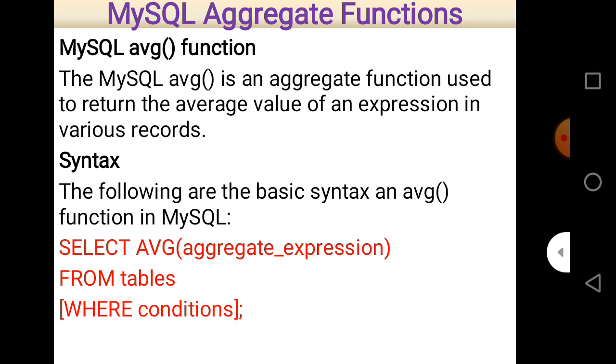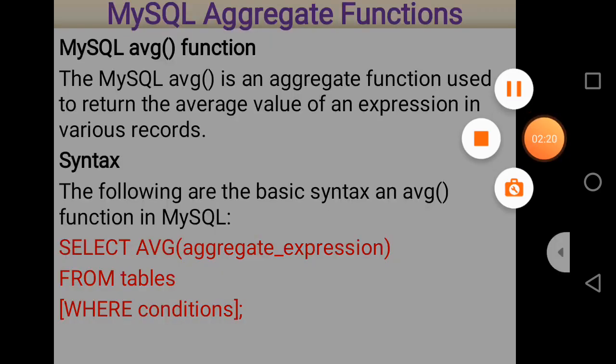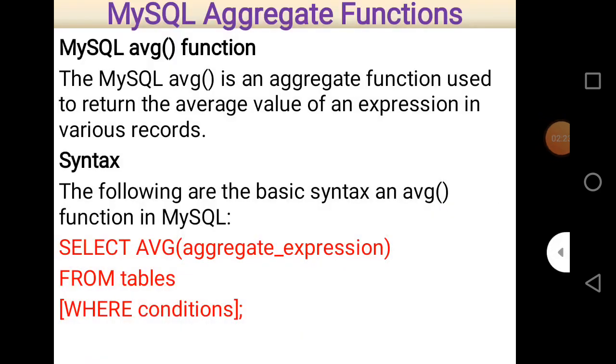If the condition is given, then according to that condition the average will be calculated, and if there is no condition at all, then it counts all the values given in the aggregate expression. So this is all about the average function. The syntax is very simple. To calculate the average, you just use AVG.